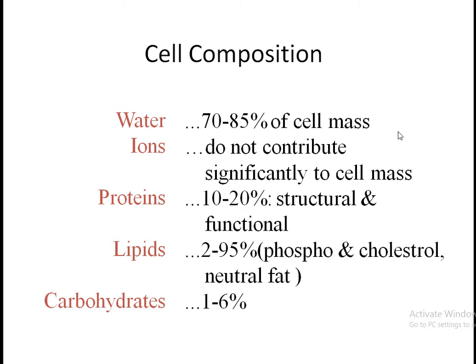Next are the carbohydrates. They have little structural function in the cell except as parts of the glycoprotein molecules. But they play a very major and important role in nutrition of the cell. Most human cells do not maintain large stores of carbohydrates. The amount usually averages about 1% of the total mass, up to 6% at the maximum. So they are very small in quantity as compared to the other ingredients.